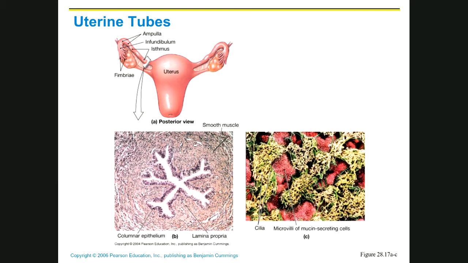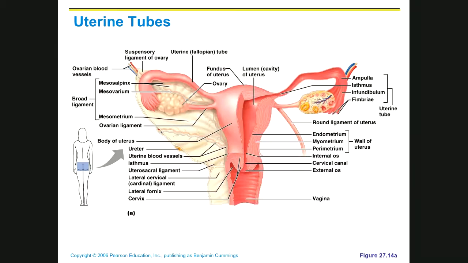And then when we get down here, this is hollow, so is the uterus. So the uterus also is hollow in here like this. And so our oocyte, or if it's fertilized, our zygote is going to go into the uterus. So you can see the opening here and then down into the uterus. So let's talk about